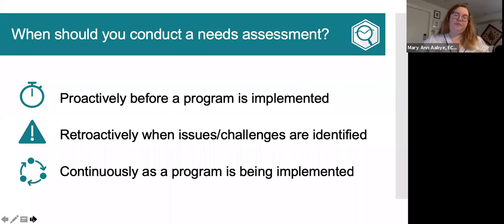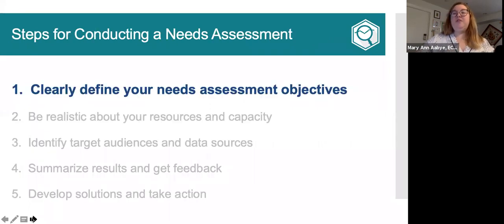And then lastly, again, if you have a long-standing program, you can also build needs assessment activities into the continuous running of your program. So if you have a program that's going to be running for a long time, every few years you might conduct a needs assessment to make sure that your program activities align to the changing needs of your program participants. All right, so that's when you would conduct a needs assessment, but how do you conduct